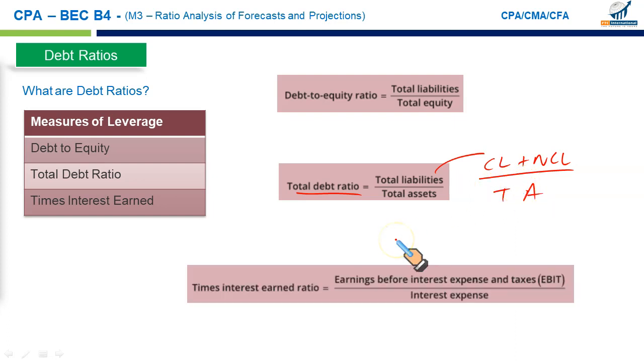Then we have the times interest earned, sometimes also called the interest coverage ratio. It is equal to earnings before interest and tax upon interest expense. Let's say our earnings before interest and tax is $100,000 and interest expense is $10,000, which means out of the available earnings, we can pay our interest 10 times. And that shows the level of comfort. How easily can we make the payment of interest to the bondholders or to the fund providers to whom we pay interest? So higher the number, the company has more comfort or more funds available to cover its required interest expense associated with the debt.